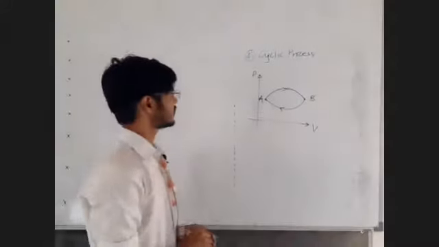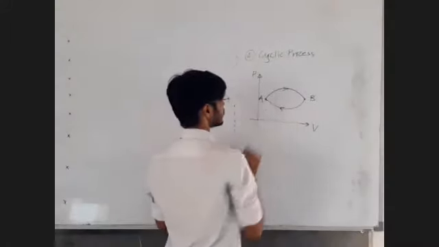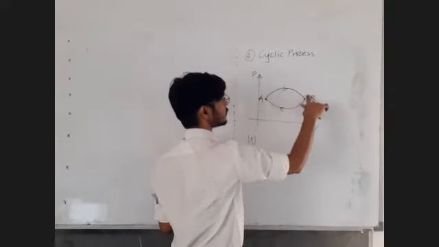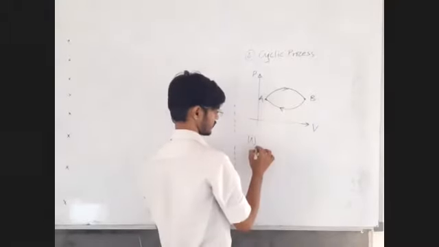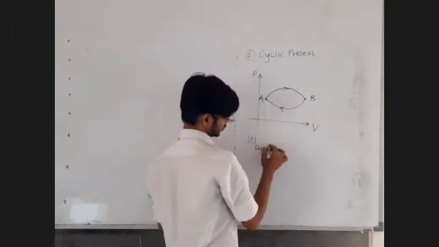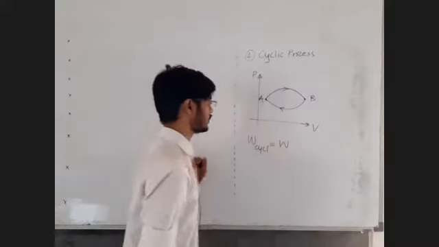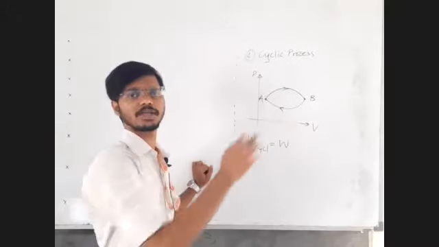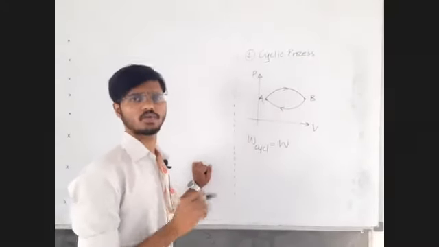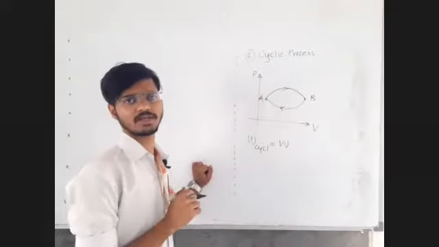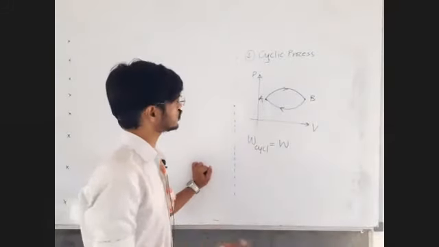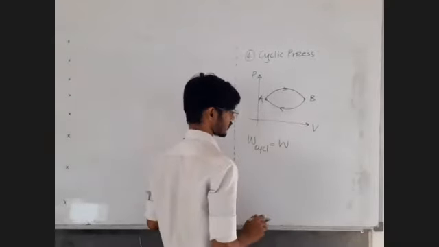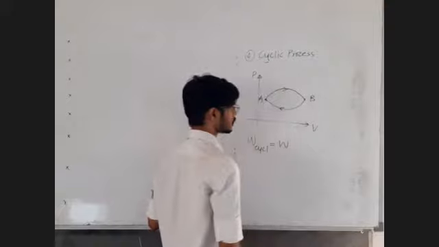See, work done in the process AB and BA. So work done in a cyclic process, you have to write all the individual works and simply add them, because work done is a scalar quantity. Yes, work can be a positive value, a zero value, or a negative value. But it is a scalar, so you can simply add up to get the final answer. So work done in the cyclic process is equal to work done in all the individual processes.